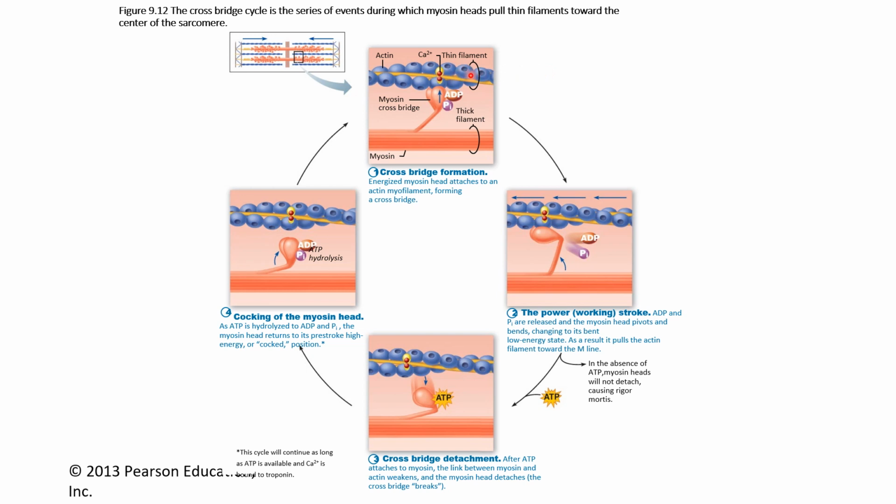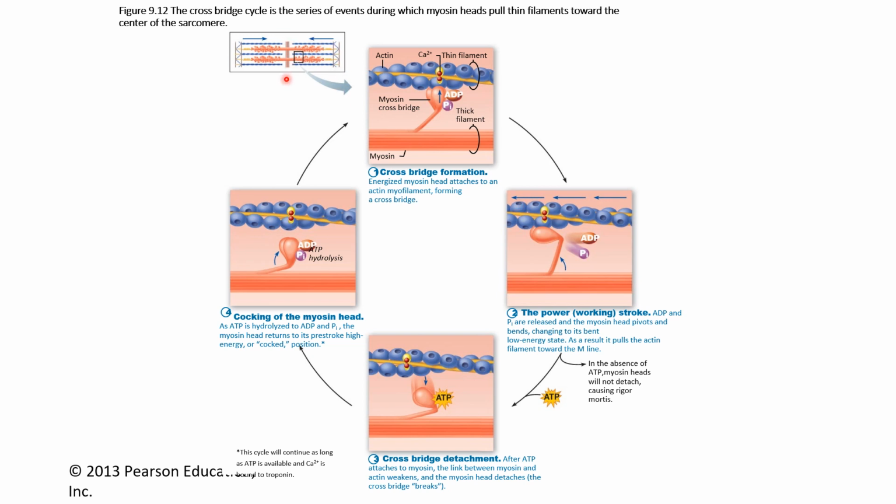Once those active sites are exposed, the myosin heads are quickly going to grab on to the actin filaments. So right here, you see that they've already grabbed on, and after they grab on, they go through what's known as the power stroke. Notice how the myosin head bends? So it quickly bends, and when it pivots or bends like that, it's going to pull the actin filament towards